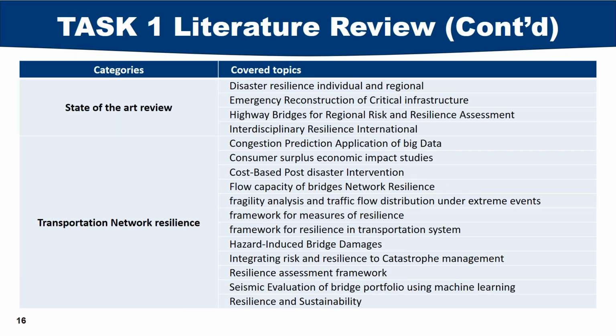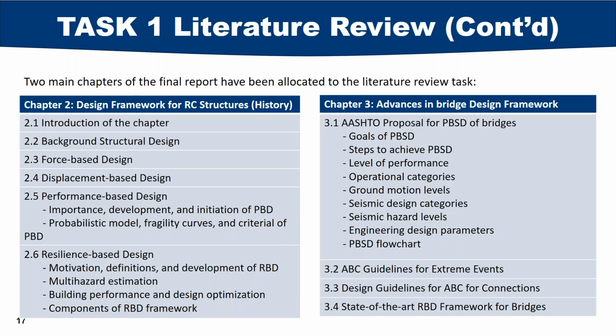So in summary, we can skip this slide and go to the next one. What we are trying to do, after we are almost done with the review of all these 160 or 170 different pieces of information that we have, and the way that we are going to present this, aside from the categorization that you just saw, is a final report that will include all the tasks of this project. We will focus on 2 chapters basically.